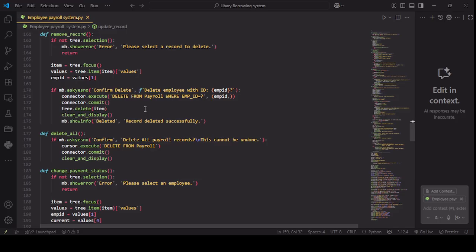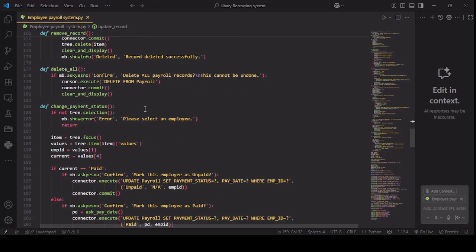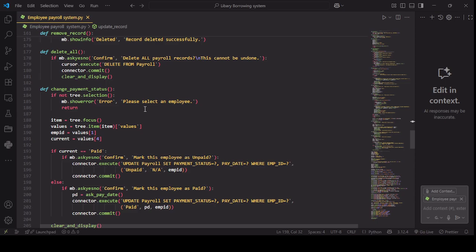the delete employee with ID as this, and if the user says yes, then it is going to execute the SQL query as delete from payroll table where employee ID, and then it is going to run commit, and then we are going to delete that item from the tree format, and then clear and display will be run again, and its success message will be shown. And